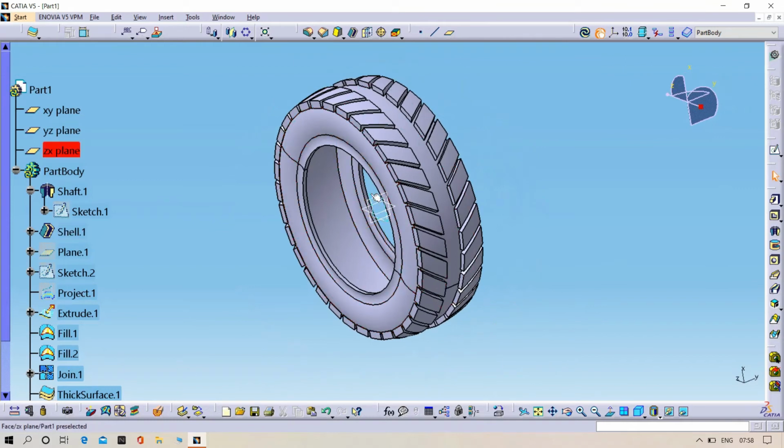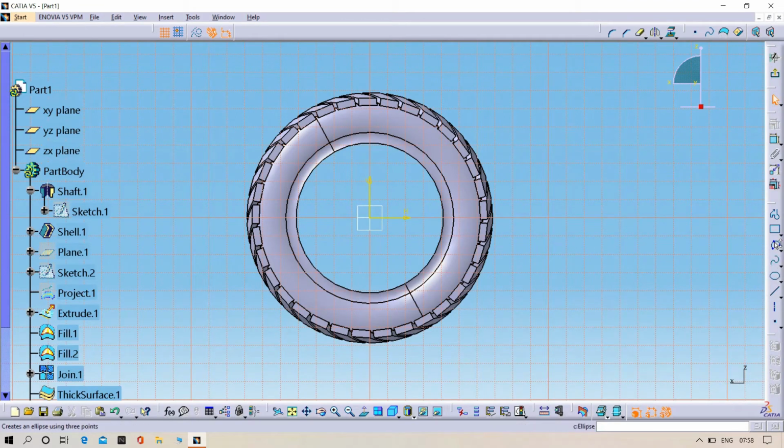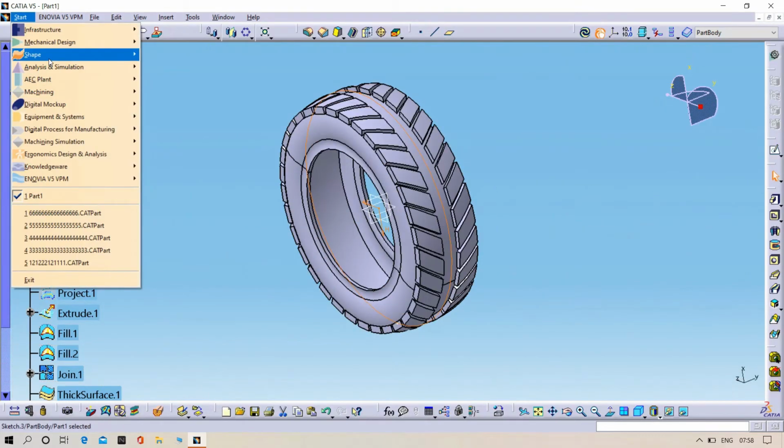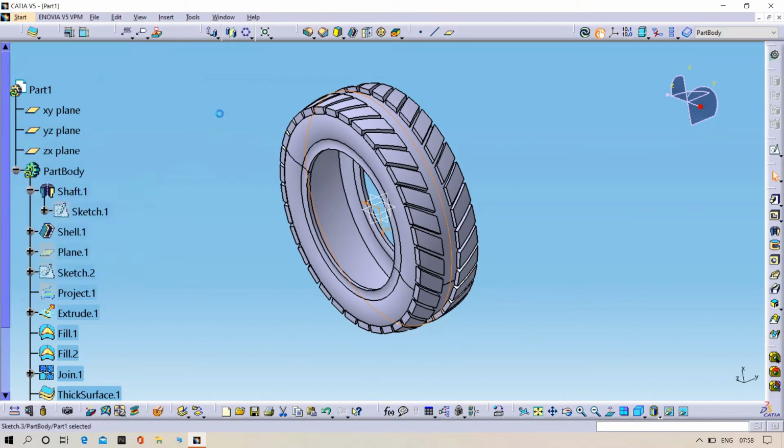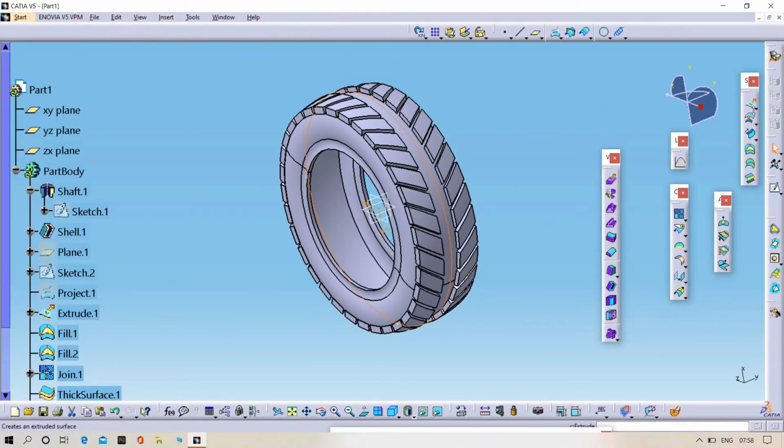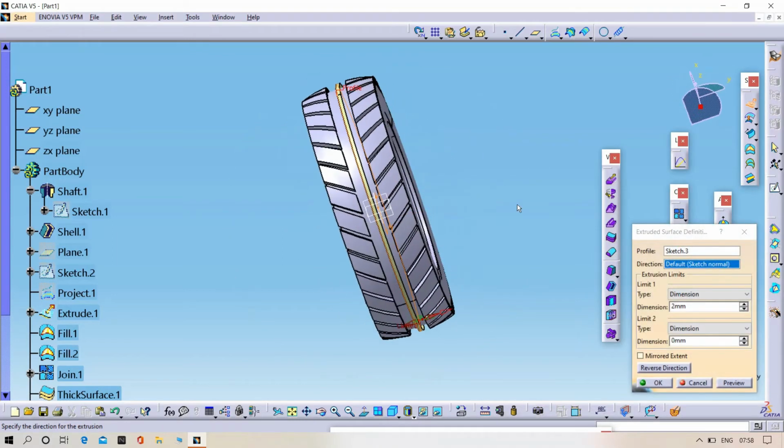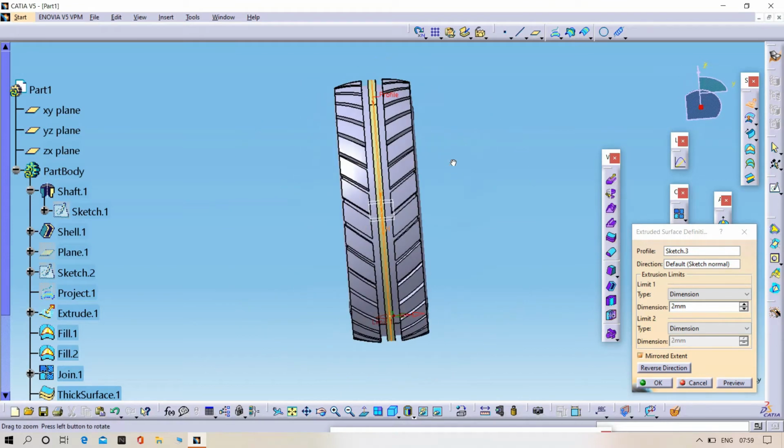For that, select the same ZX plane and then draw the circle. Then exit from the workbench and shift to the surface design section and project. Try to increase. Yeah, that is enough.